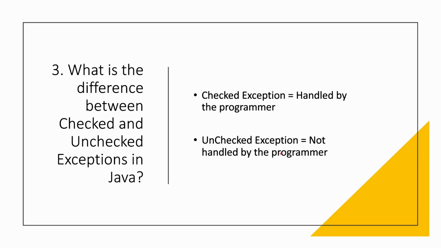Okay, now, what is the difference between checked exceptions and unchecked exceptions? So, checked exceptions are the ones which the programmer can handle. Unchecked exceptions are the ones which are not handled by the programmer. Okay. So, this we'll study more in detail. It is also there in the video on exception handling. I have already done a course on core Java, so you have more detail over there. And if anybody has questions over this, they can ping me in the comment box. I'll explain it.